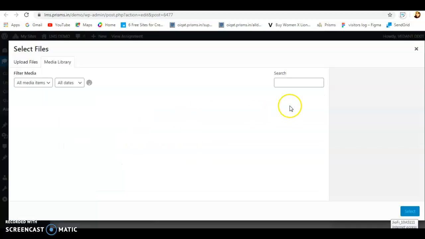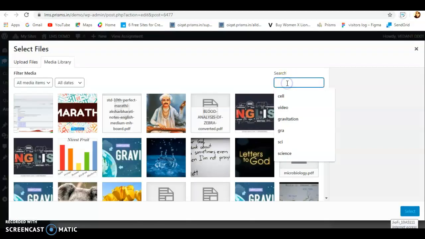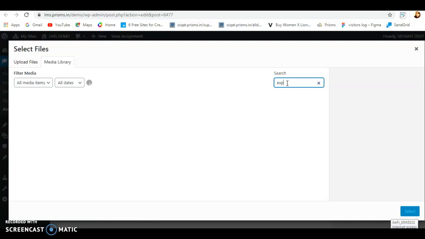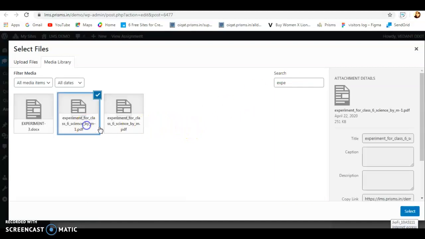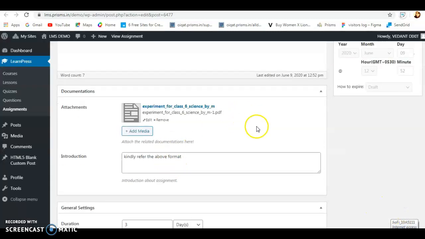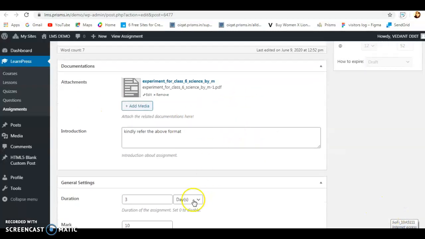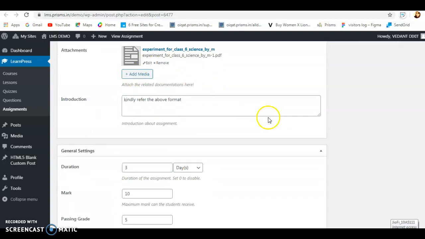I'll just add an example. Say I want an experiment. Okay, I'm adding a reference format as well. This is not compulsory. You can keep both of them blank as well.